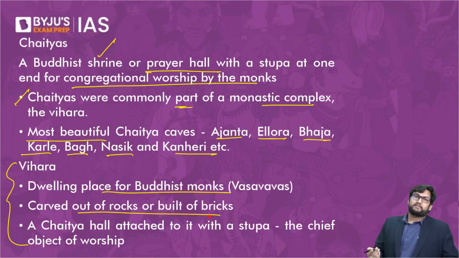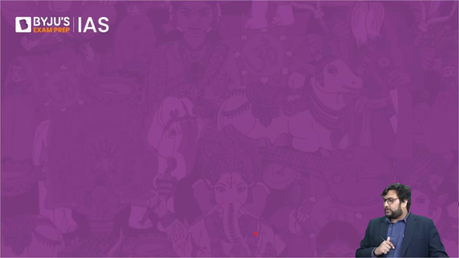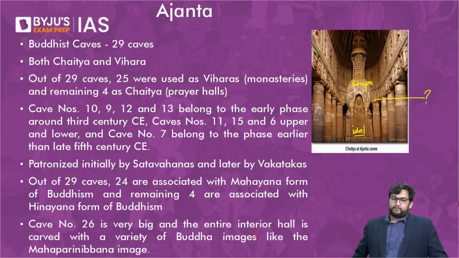And there could be a situation in which the chaitya has a stupa or a vihara attached to it. The difference between 2 and 4: 2 is before the split, 4 is after the split. If you don't know what the split is, go back and check the Buddhism, Jainism chapter. Okay. Now,